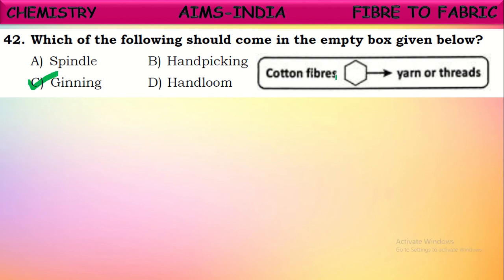So after that, yarn is produced from the cotton fiber by spinning it. Okay, now that process missed at the middle is ginning process. Ginning is a process in which cotton seeds are separated from cotton fiber. Next,